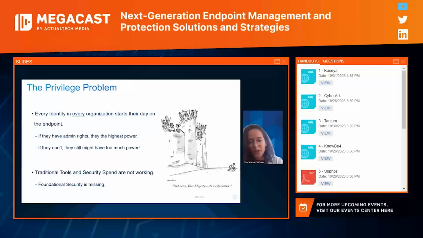What they might not be aware of is that all of these identities that have admin rights have the privilege to do basically anything on their machine, such as disable backups, turn off security controls such as EDRs, and launch ransomware. In conclusion, a simple user with a little bit of privilege can damage your entire company. And if they don't necessarily have admin rights, they can be a target of other attacks, such as cookie hijacking, giving the malicious hacker the power to get into the company's network almost undetected. And the issue that we see is that the company probably doesn't even know that they're going through this.